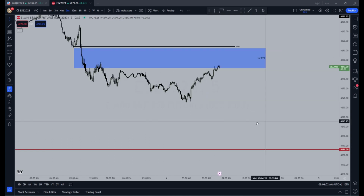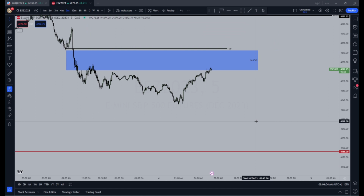See how far is the draw. We're at 42.73 currently, and aiming for 4186. So roughly 100 handles. But yeah, I think that's going to be it. That's just my